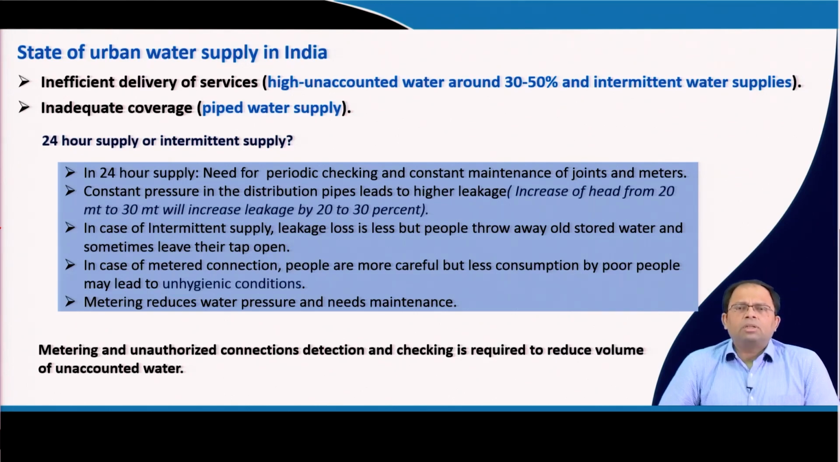Intermittent water supply means we are not able to provide supply for a 24-hour period, but we are supplying it only for certain time periods. Usually we see that municipalities will provide water either for a couple of hours in the morning or in the evening, or maybe during two time periods, morning and evening. In general, intermittent water supply is an inefficient service,